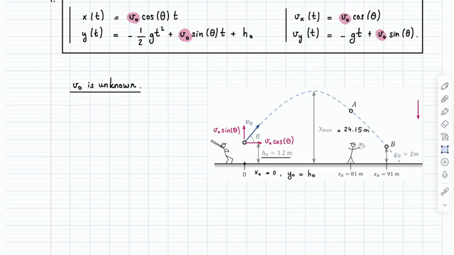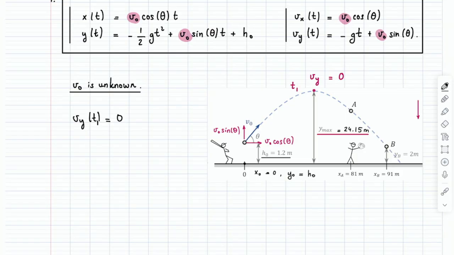So what's true? Well, we have information about y max. It's not bad. I mean, it's something anyway. So we can use this maybe, because here we also know that v_y is equal to 0, right? Because it's the max height. By definition, you're not moving up or down at that moment. So maybe we called the time t1 before. It's a pretty good name for it, so let's keep t1. And let's see what we can say about this. I can say a few things. I can say v_y of t1 is equal to 0.